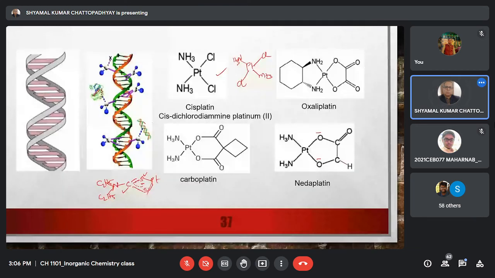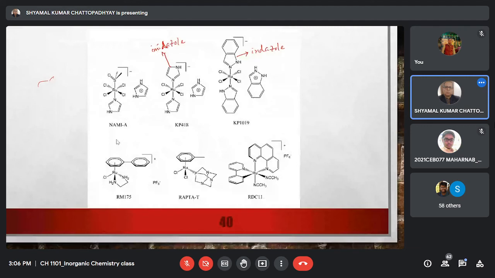Now it is found that a combination chemotherapy using a platinum complex and one of these ruthenium complexes, particularly NAMI-A, is very effective, because the platinum complex attacks the primary cancer, whereas NAMI-A attacks the metastasis. So if you have a combination chemotherapy using a platinum complex like cisplatin or carboplatin and a ruthenium complex like NAMI-A, then their combination gives a very good effect on both the primary cancer and the metastasis. So these are coming as new protocols for cancer chemotherapy.